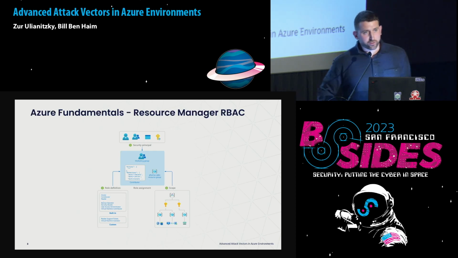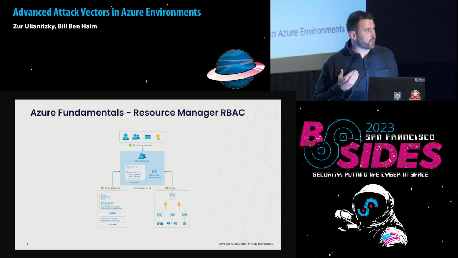And actually, scope is where we are assigning the permissions and where those permissions are going to be valid. There are 4 different types of scopes that you can define within Azure Resource Manager role assignments. The first one, and this is the bottom one, is the actual resource that you have created. So by using it, you can assign permissions directly associated to a specific resource, such as a storage account, a database,